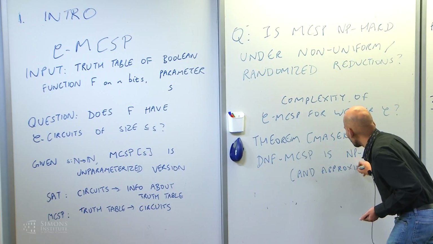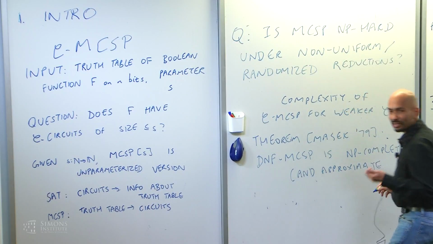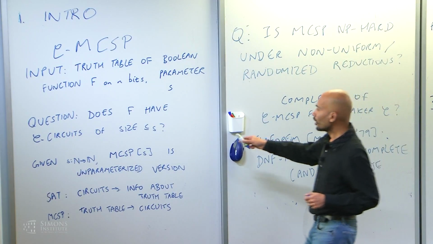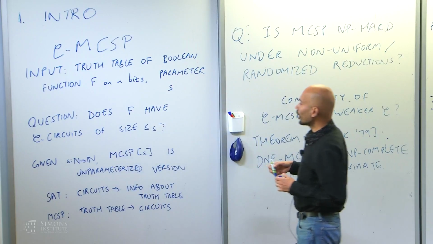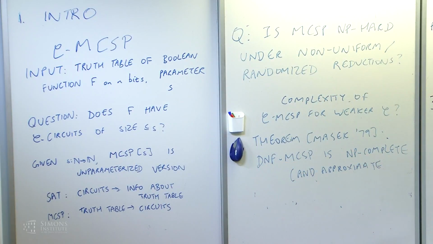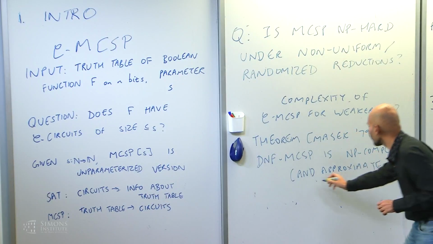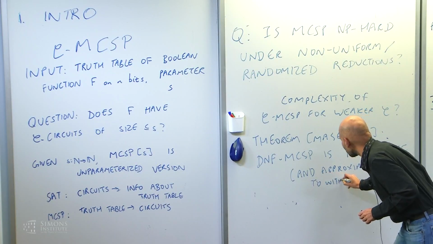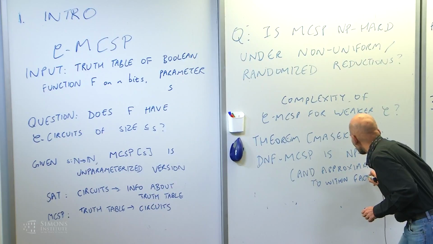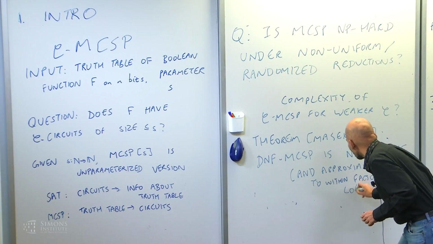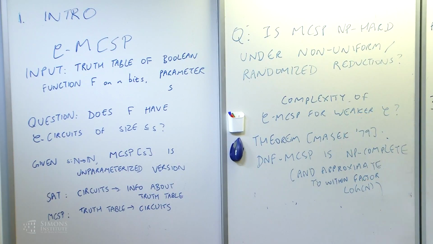So just to re-emphasize what approximation means, it's a question that you all asked about if there's a gap, right? So you want to distinguish between having circuits of size s and not having circuits of size s times some k, and here k is little n. So let me just use capital N, log n. Okay, so that's something.